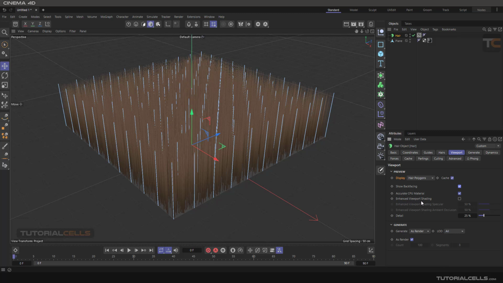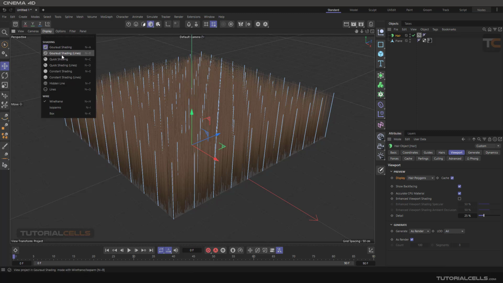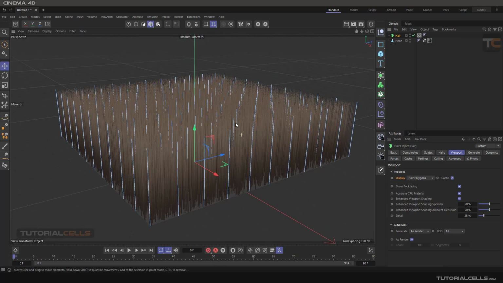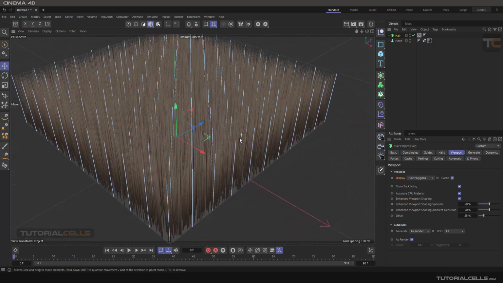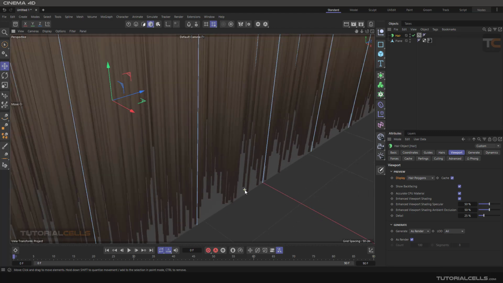And if you want to use shadings, like in a display, these are shadings that I explained before. If you want to better see the viewport, you can enhance them. You can see the shading, specular,